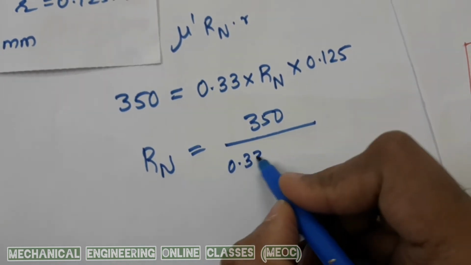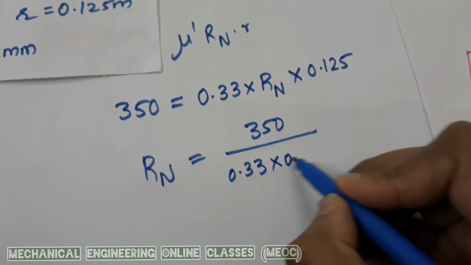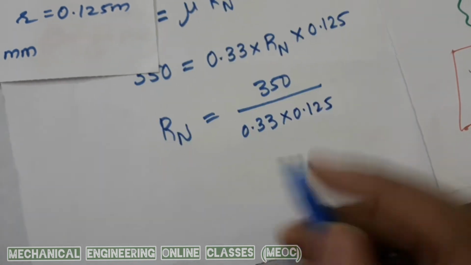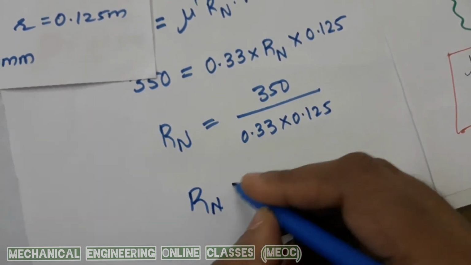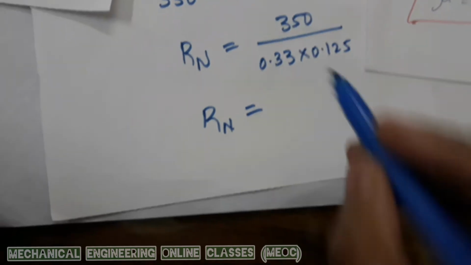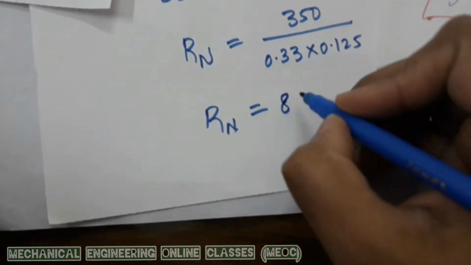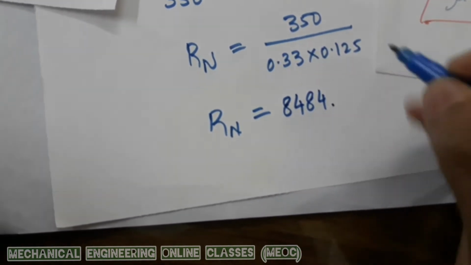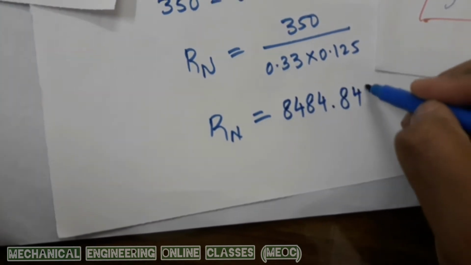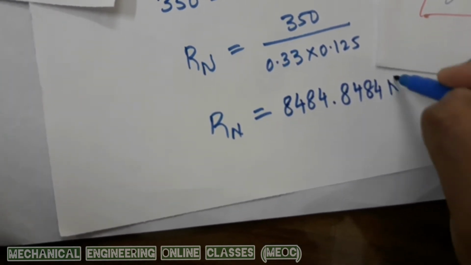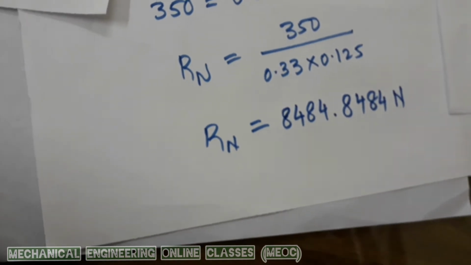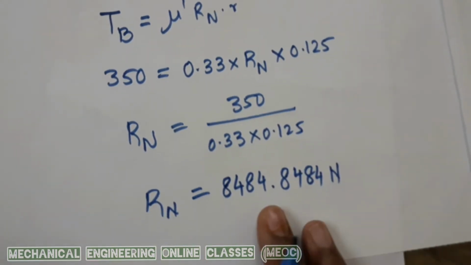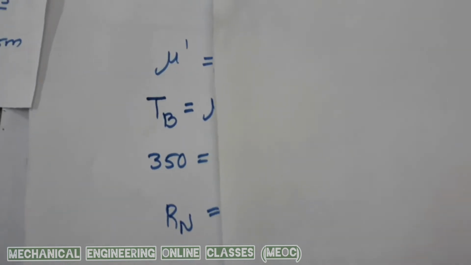I have it as 350 by 0.33 into 0.125, which comes out to be 8,484.8484 newtons. Now after determining Rn, just like in the similar case, let us now find P, for which we